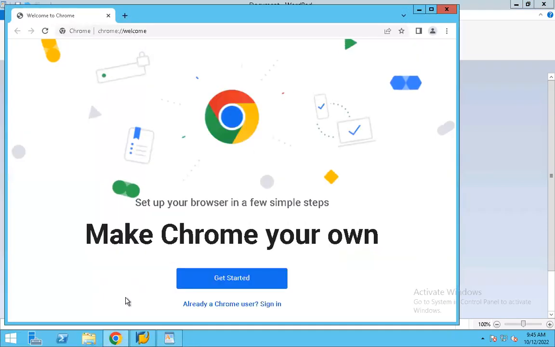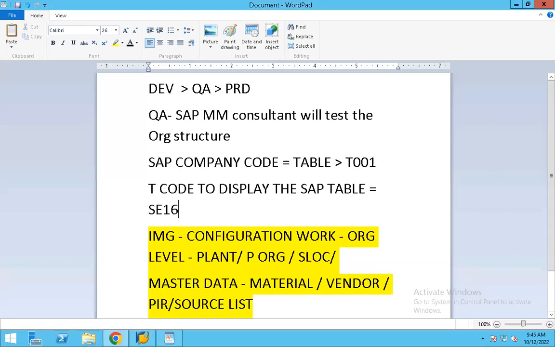Raju, any server given to us for practicing purpose? Do you have the information of the server? I mean, the point of contact might have given you the server details, how to connect. Not yet. We are actually waiting for those details.